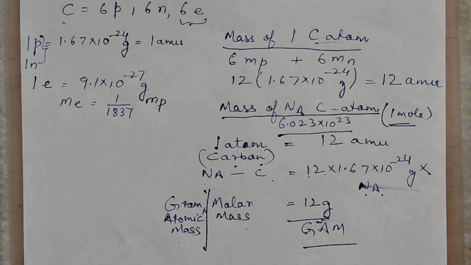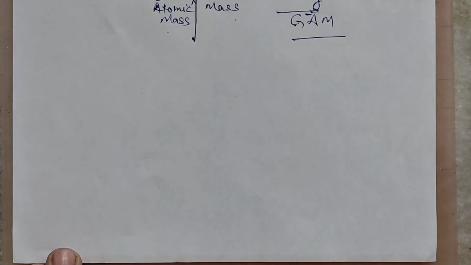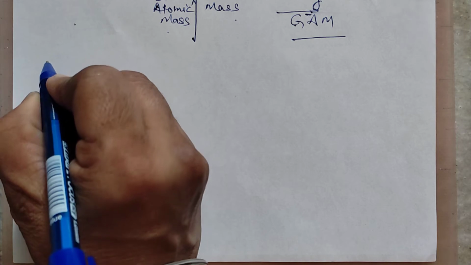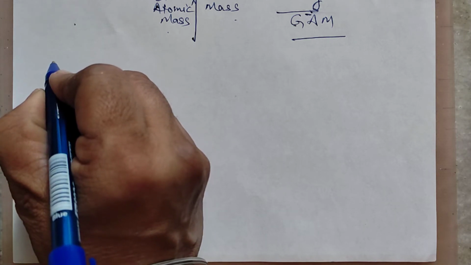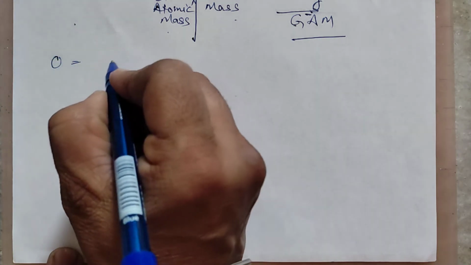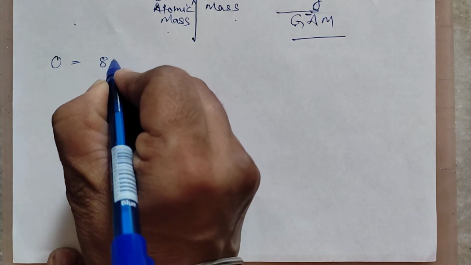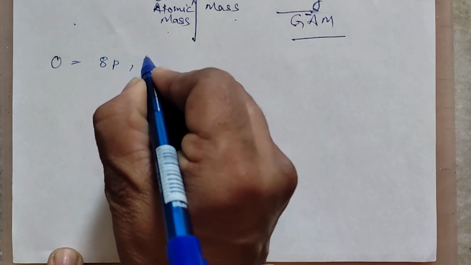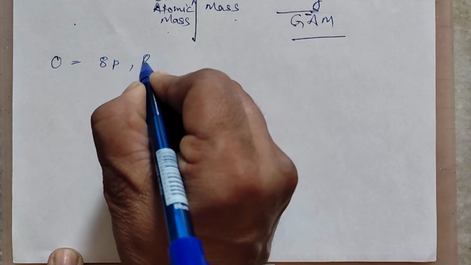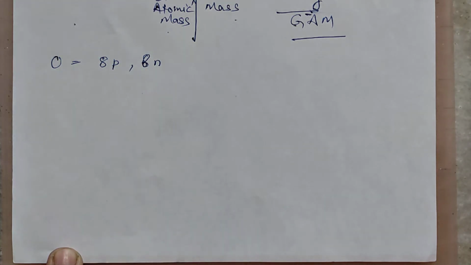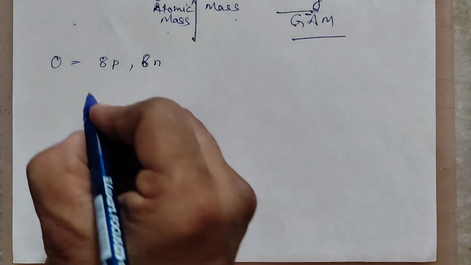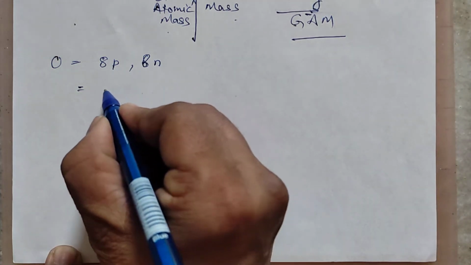Please note it down in your copy, because it's a very important concept. Now let us also apply this to oxygen atom. Oxygen atom has 8 protons and it is also having 8 neutrons. Electrons I am not writing because the mass is very less. That means we can write it as 16